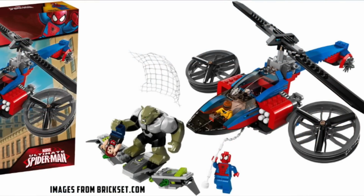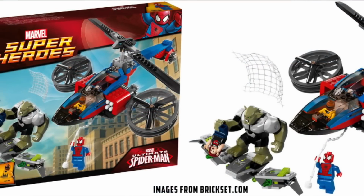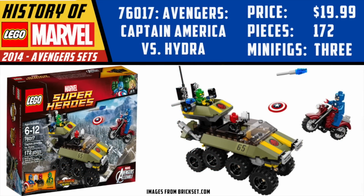Definitely this is one of those sets that you buy for the figures because I just don't understand why Spider-Man would ever need a big helicopter like this. It makes 0 sense. But moving on, we got some Avengers Assemble themed sets, the first of which was Captain